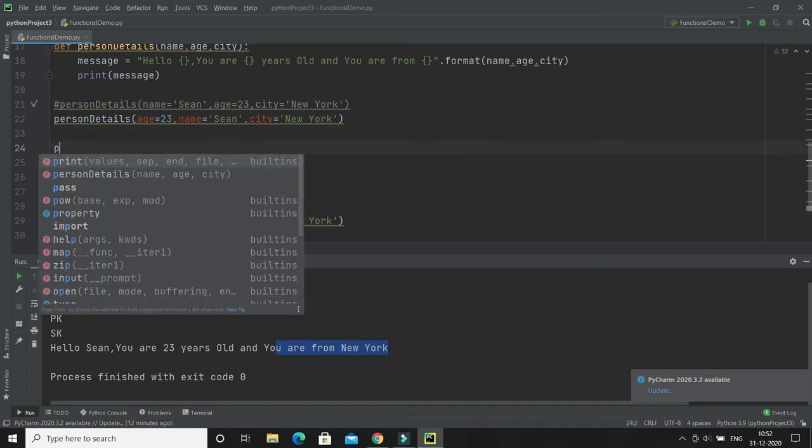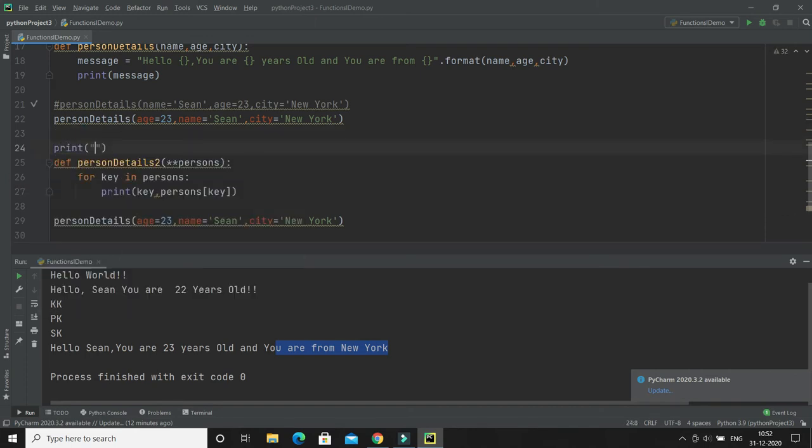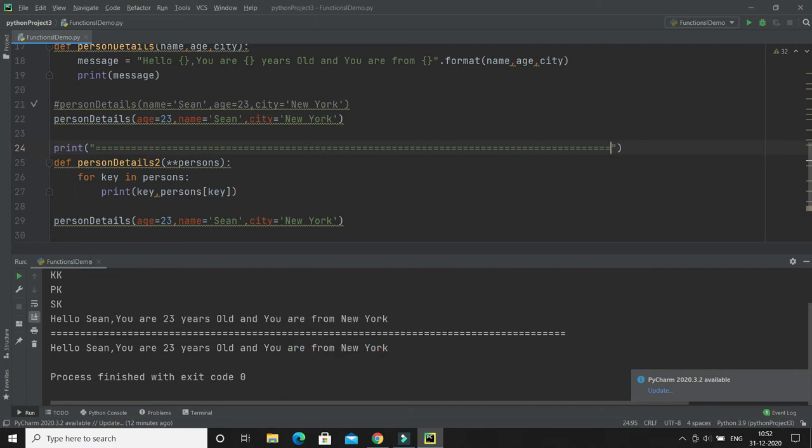So here I am going to give some marker so that the output will be separated. Now if I run, cool. Just hold on, I need to call 2.